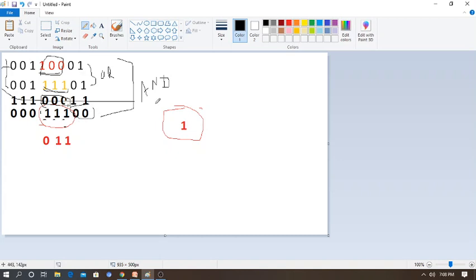Let's assume this is a small example for understanding purposes. Now I want to do exclusive OR, so I get some values here. I take the first one, that is 100, and add it with 111. What answer will we get? 1 plus 1 is 0, and the carry we leave. Then 0 plus 1 is 1, and 0 plus 1 is 1. Like that we can finalize the exclusive OR operation result.